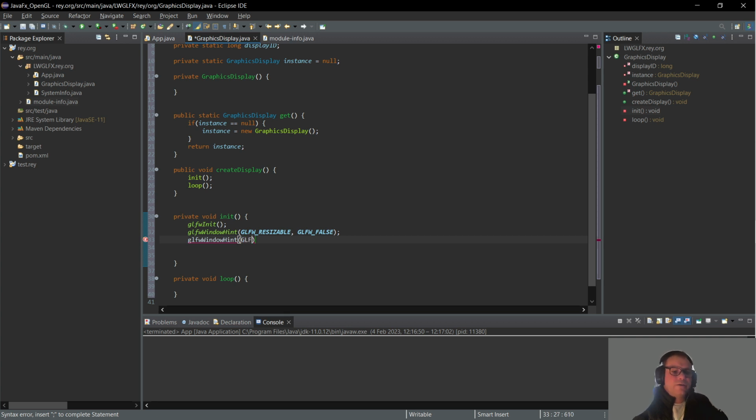And this is GLFW set visible, or just visible, and I'm going to put that as GLFW false, because while we're actually initializing it, we don't really need to show the window. We will show the window later, and then we're going to have GLFW window, get the spelling right, hint, and this is going to be GLFW